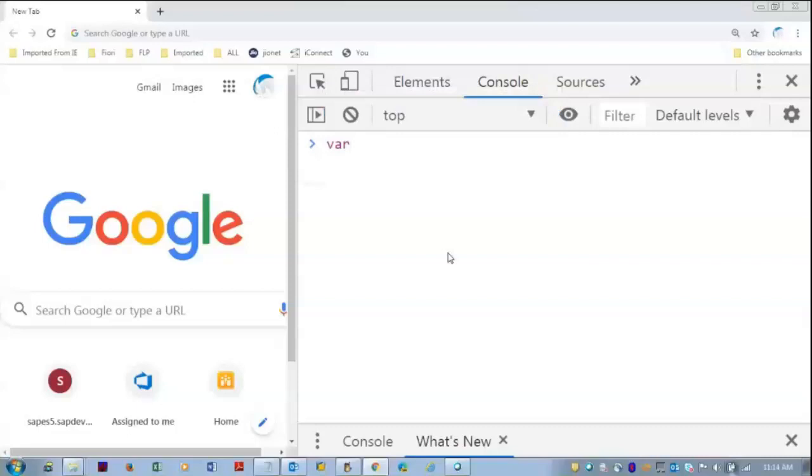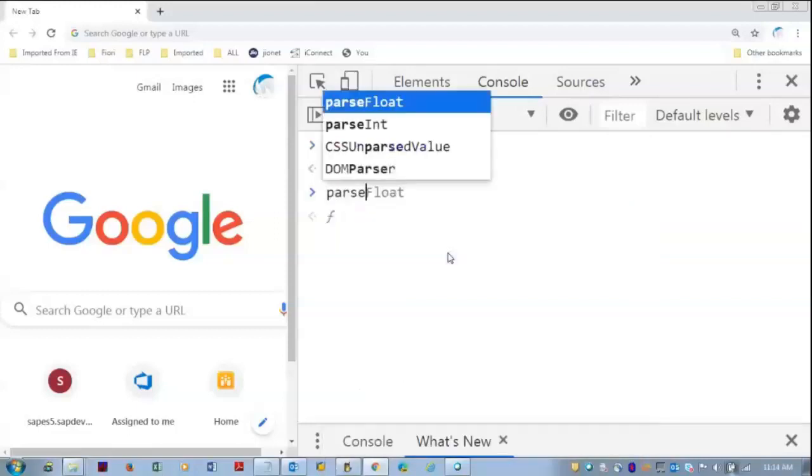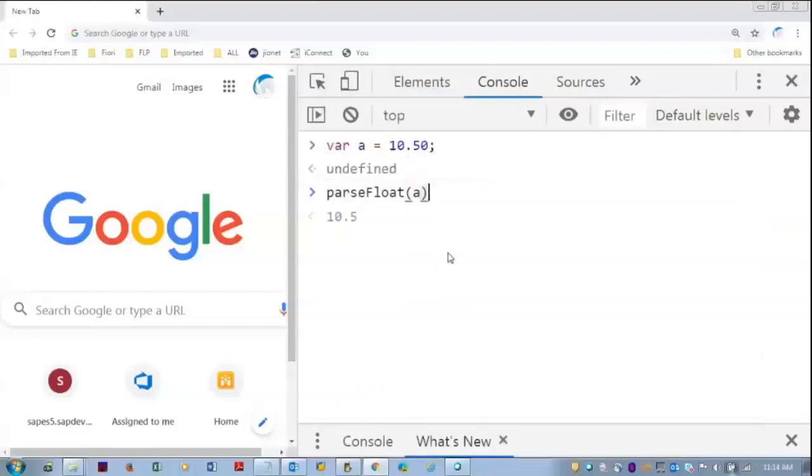If it is decimals, for example, where a is equal to 10 dot 50, and I want to minimize the decimals, we have something like parse float of a dot toFixed. So this is another important thing. toFixed of how many digits after that you want, 9 digits I want, yes, you can have 9 digits.